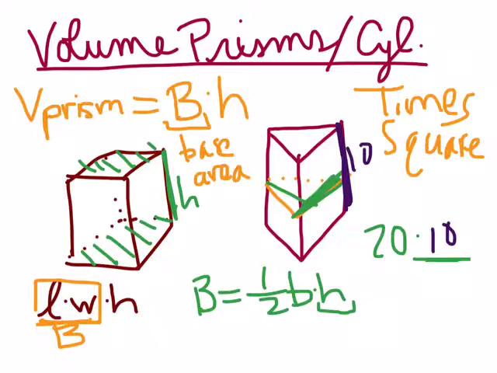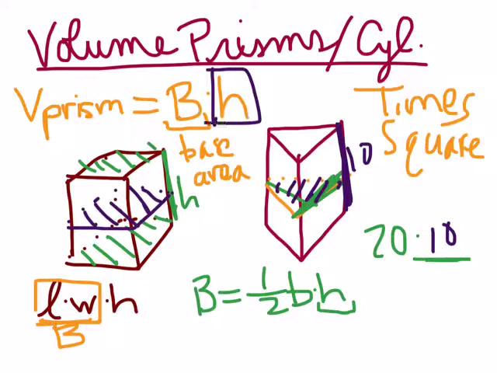The only other thing I want to say about prism and cylinder is that, I'll go to a cylinder here in a sec, it has the same formula. Here's what they want you to know: in order to get these formulas, really what's happening is, look at this, you have a thin triangle, or over here, I could draw in a very thin cross-section, right? And why these formulas work, it's just the base area, whatever it is, square, rectangle, triangle, in the cylinder, it's a circle. All you're going to do is times it by the height,